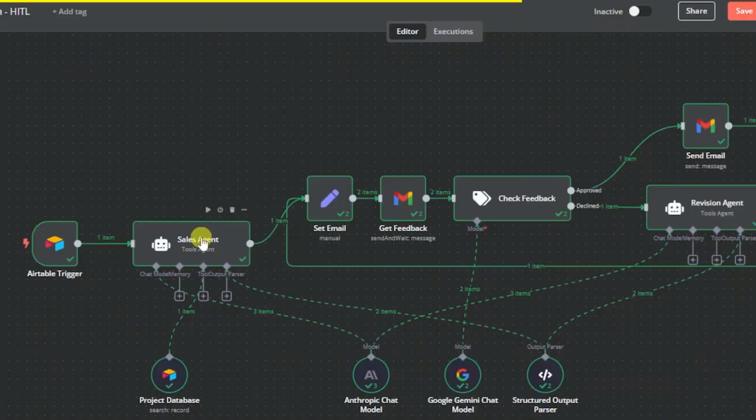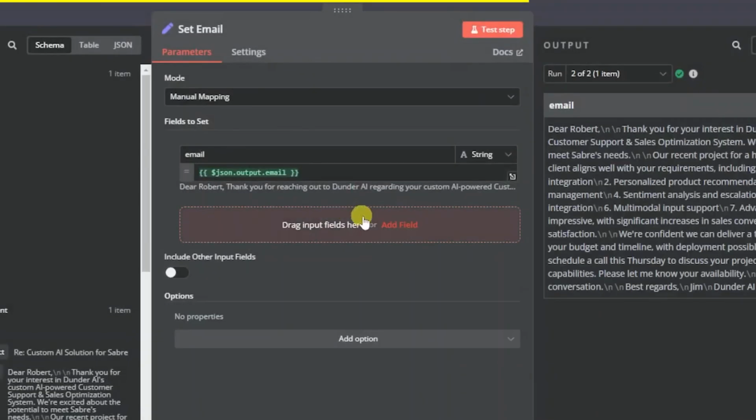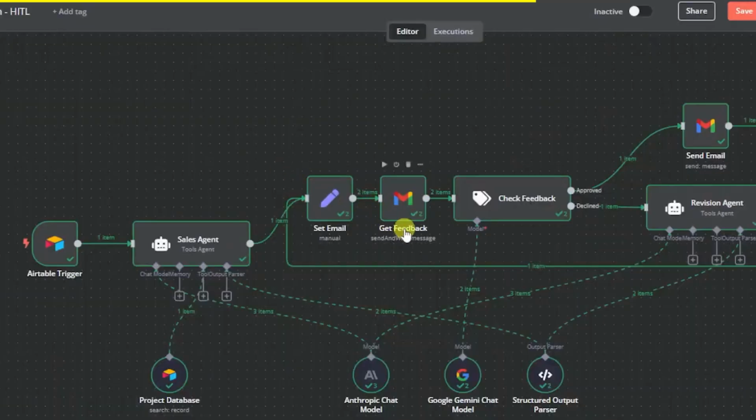So, as well as that, we also have a secret set node. When the sales agent returns subject and email, we don't send that draft directly. We feed it through a set node first. This is absolutely critical for iterative revisions, right? Because n8n's variable scoping means if you always pull the email from the original node, later revisions will still reference